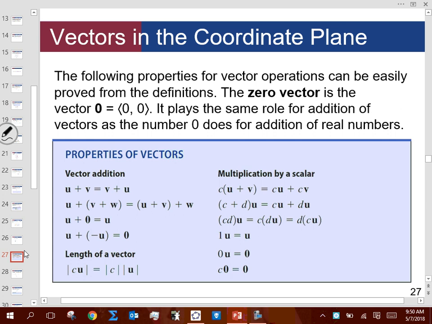Okay? U plus 0 equals U. That is the additive identity for vector addition. So if I take some vector U and I add the 0 vector to it, I should still get U, the original vector. Adding the 0 vector is a horizontal component of 0 and a vertical component of 0, so it doesn't do anything to it. Okay, but we need that 0 vector to be part of our vector fields